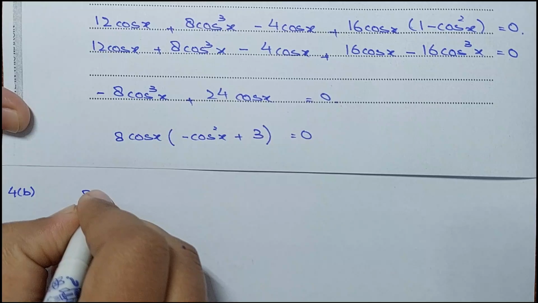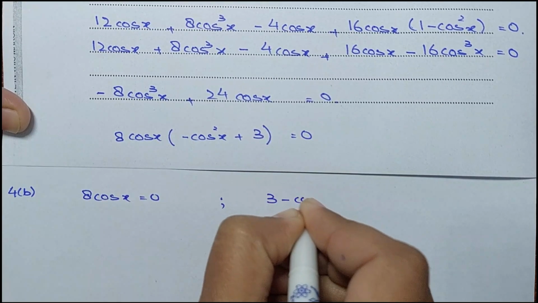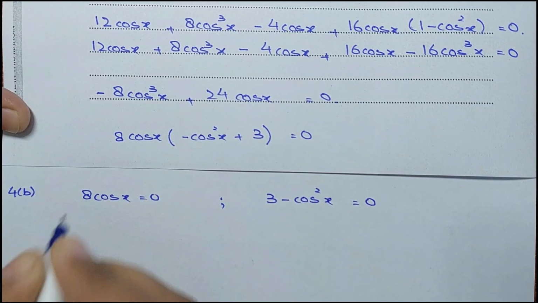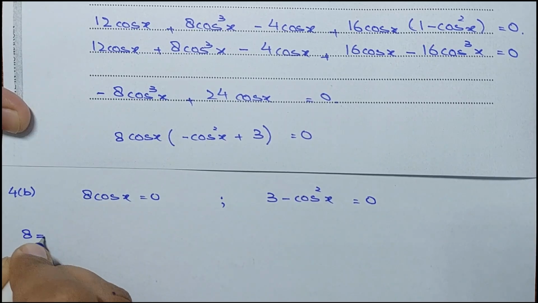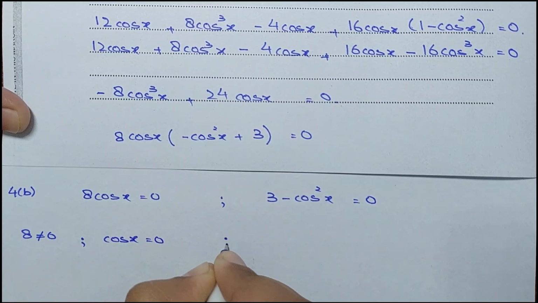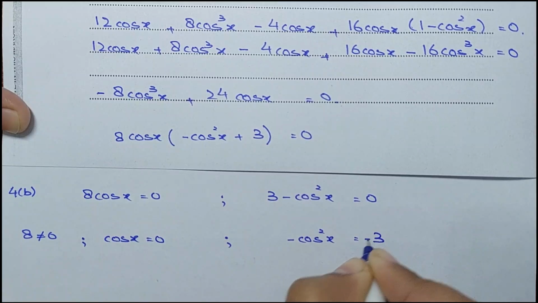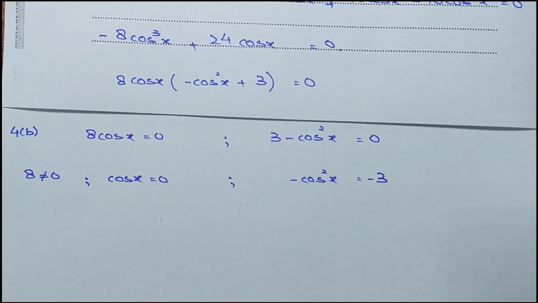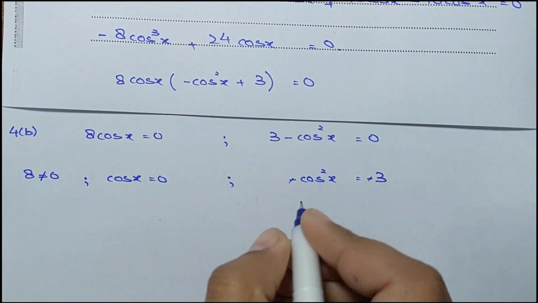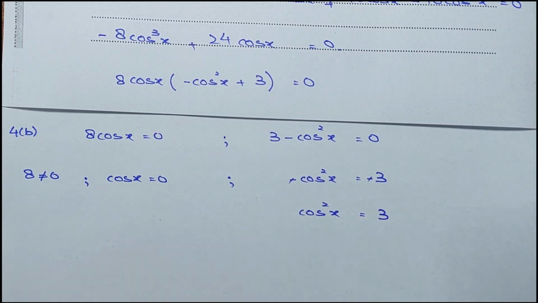So from here 8 cos x equals 0, or 3 minus cos square x equals 0. 8 can never be equal to 0, so cos x equals 0, and from here minus cos square x would be equal to minus 3. Shift the 3 to the other side, it becomes minus 3. Now here cos x equals 0, we got this, and cancel the negative sign. So cos square x would be equal to 3, and to get the value of cos, take the square root on both sides